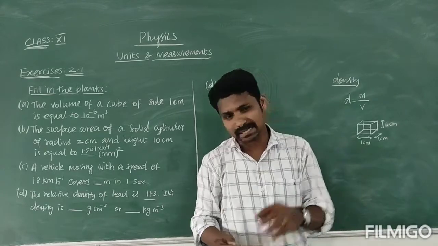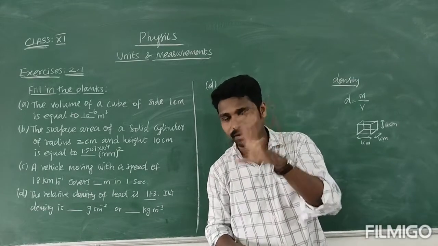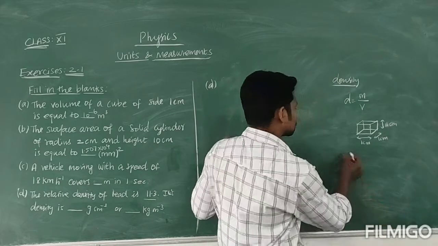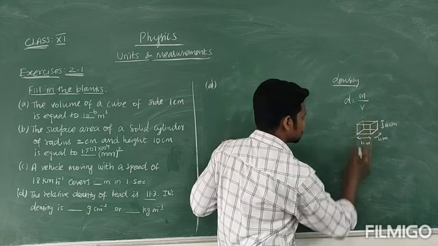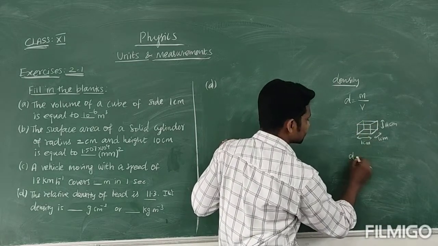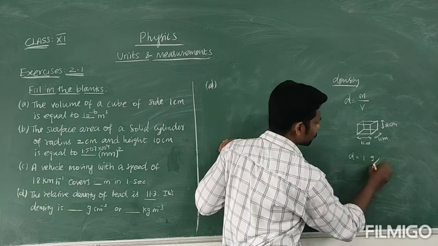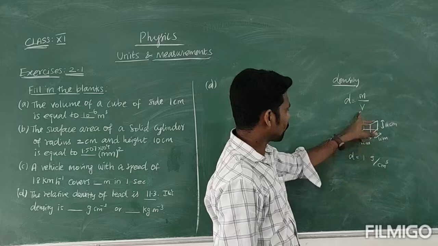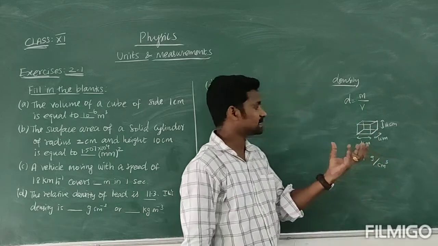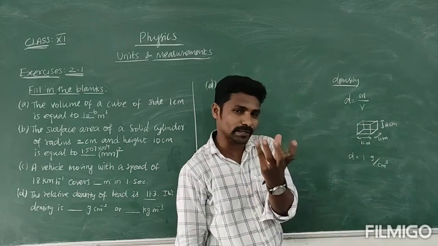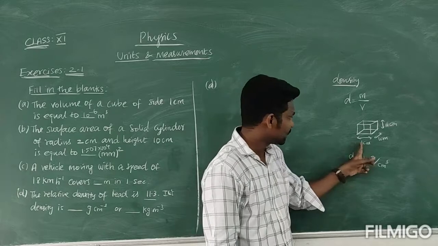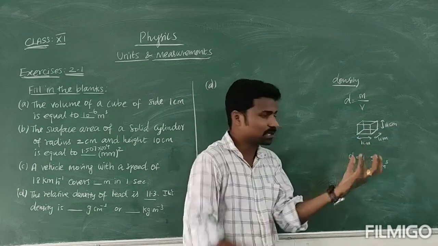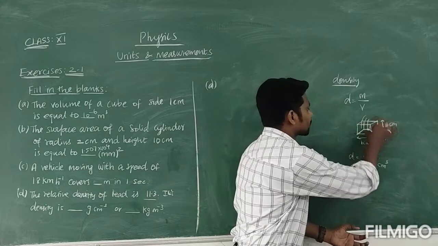Actually you know the density of water, because basically I want to explain. So the density of water in CGS unit we can write as 1 gram per centimeter cube. So mass is in gram, volume is in centimeter cube. So let us take 1 cubic, that means length, breadth, height, everything 1 centimeter. Then what you have to do is fill the water.